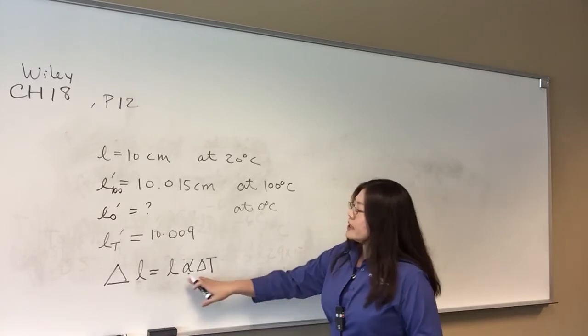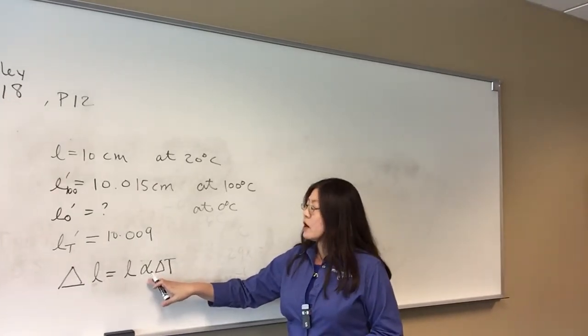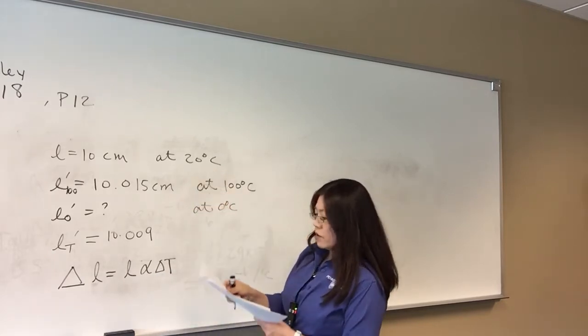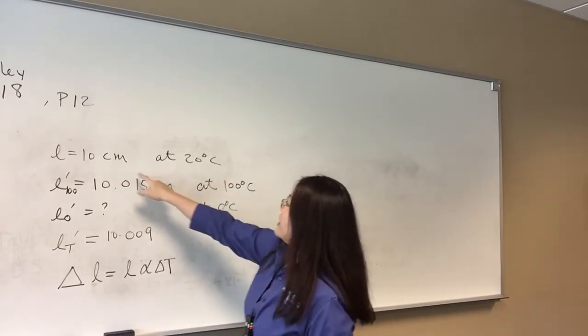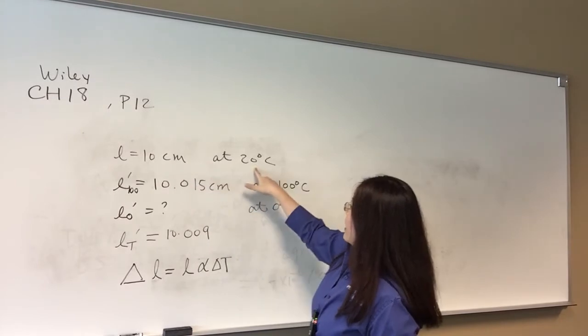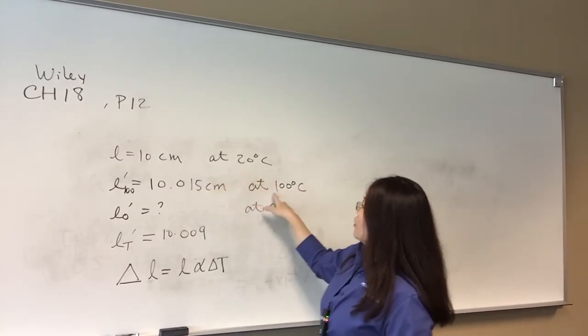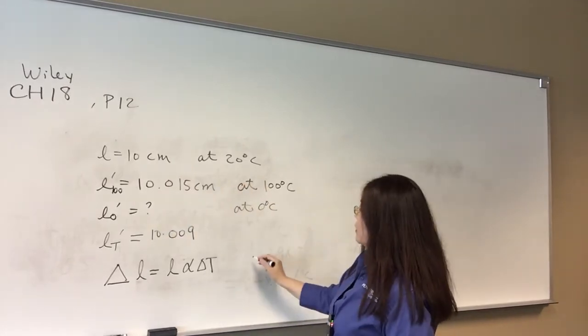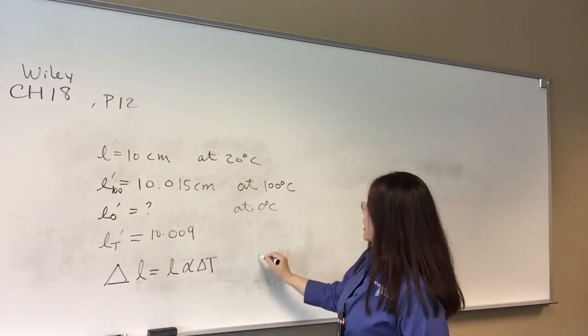And as I mentioned, because you cannot find alpha from the table, you have to actually calculate that based on the information you're given. So you are given 10 centimeters L at 20 degrees, and at 100 degrees Celsius, the length changed to 10.015, meaning that your delta L, based on this, is